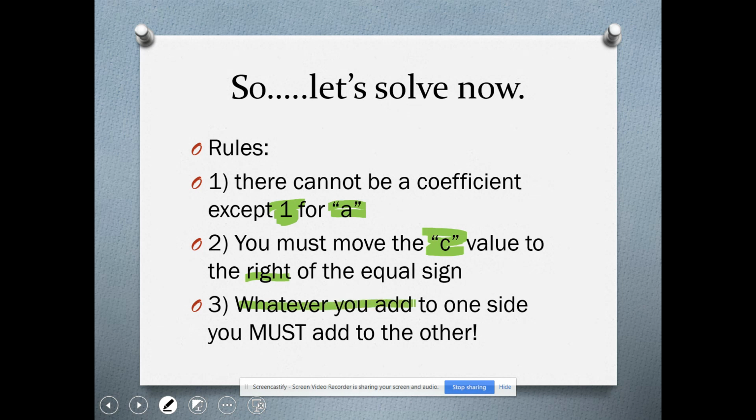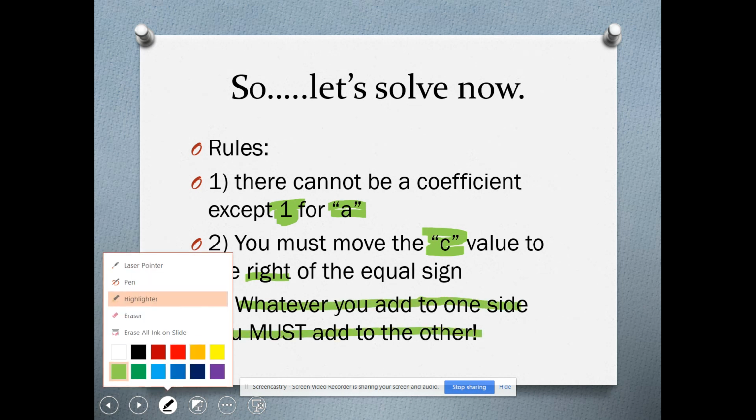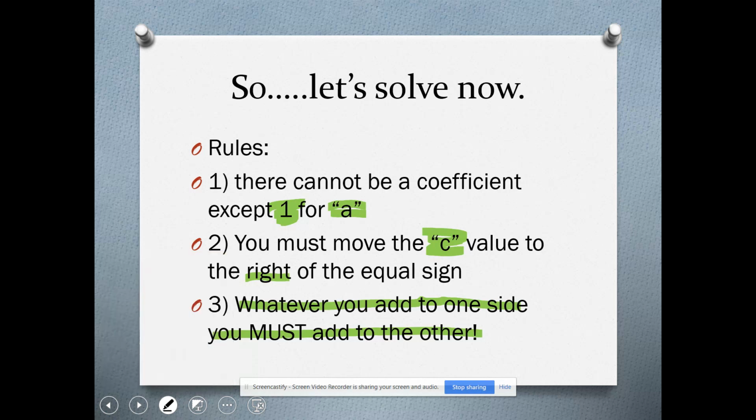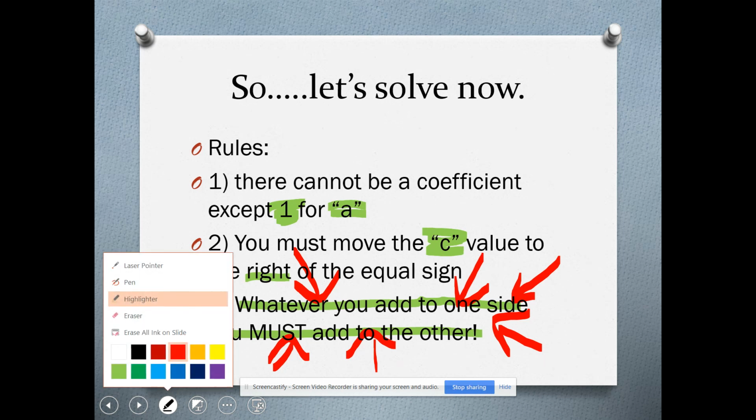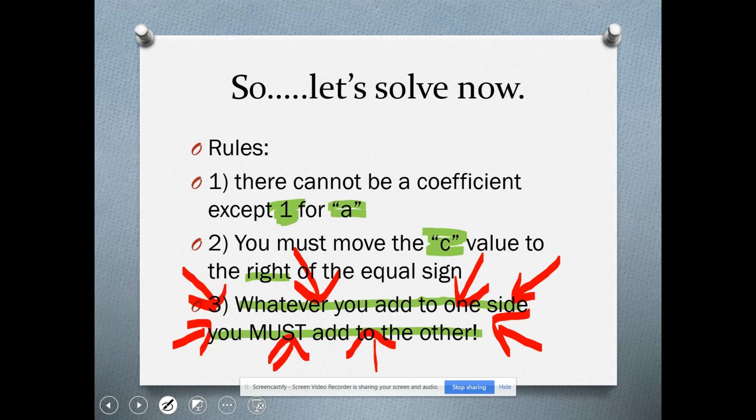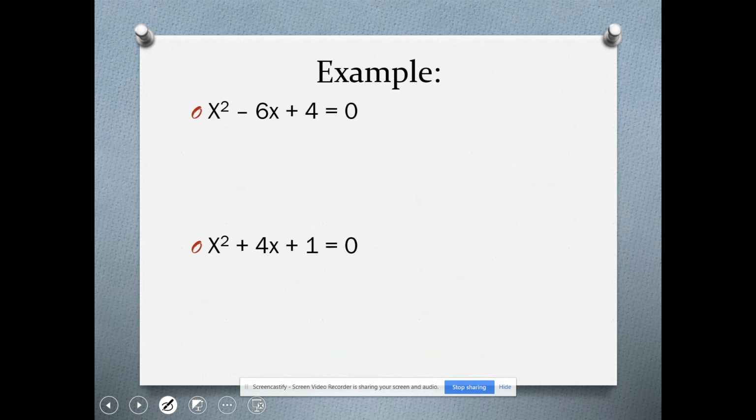Whatever you add to one side, you must add to the other. This one is so important. Probably the one that gets missed the most often. So make sure you highlight this part for yourself. Whatever you add to one side, you have to add to the other, otherwise you change the problem. Let's try